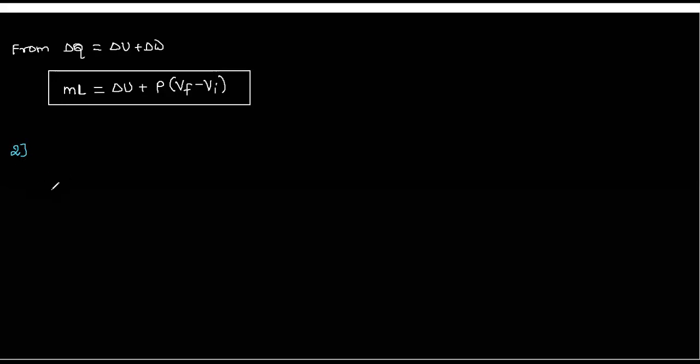Freezing of water. So first, water converts into ice. Yes, this is the first thing. Water converts into ice. Next one, temperature remains constant because 0 degree water goes to 0 degree ice.